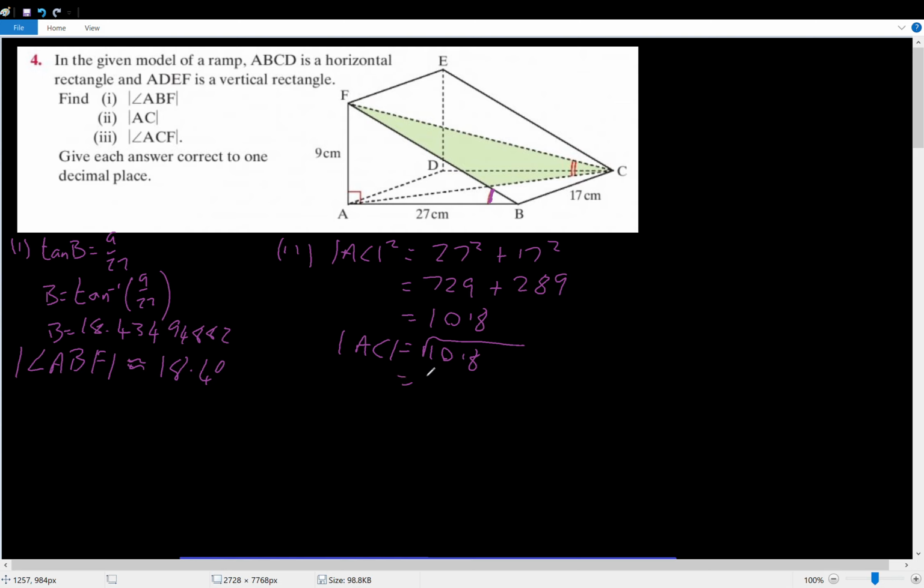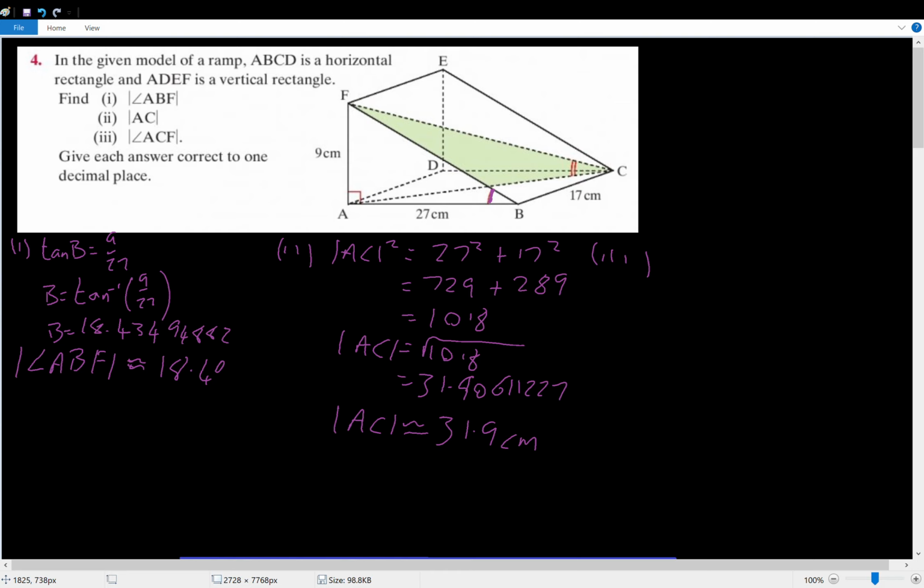which is equal to 31.90611227. Which means that the line AC is approximately equal to 31.9 centimeters. Just like that. Now for the last part, part 3, we're asked to find the measure of the angle